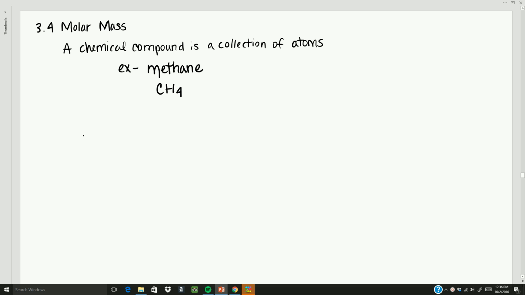So we can calculate the mass of 1 mole of methane using our atomic masses from our periodic table for each element. So we'll write it out for each step. So the mass of 1 mole of carbon, we talked about this a few minutes ago, is 12.01 grams. And the mass of 1 mole of hydrogen